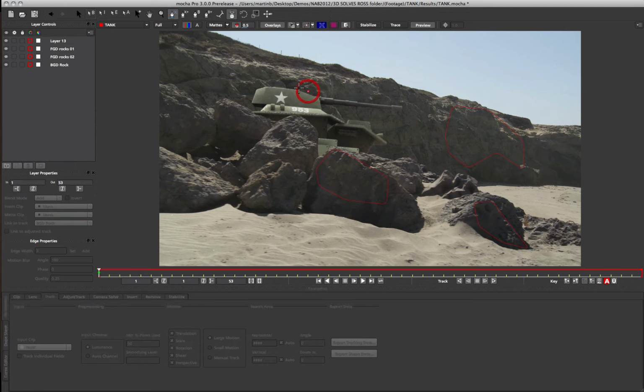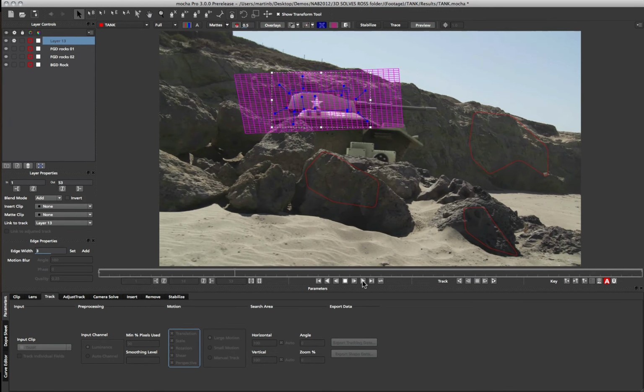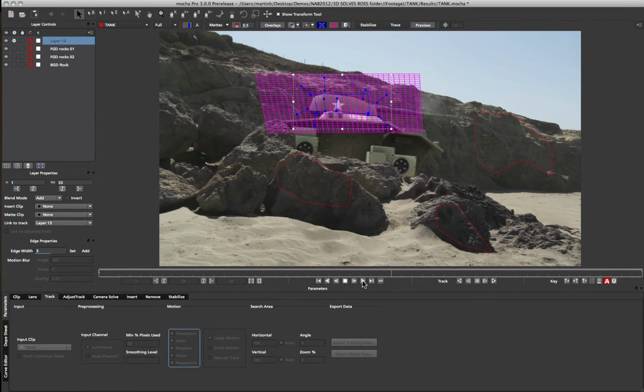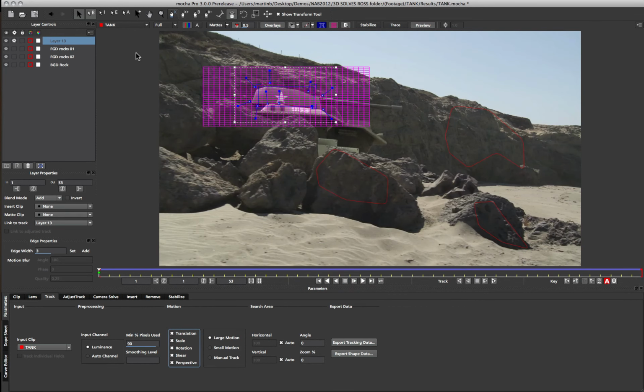I'm going to just draw a large area around the tank top here, like so, and we're going to set that to perspective. I'm going to turn on my grid so I can see how this is looking. And we'll start tracking that forwards. So once it's finished tracking, we can now just check to see how that track is looking. And it's looking pretty solid. So now that we've got this single motion track, and I'm just going to call this tank,